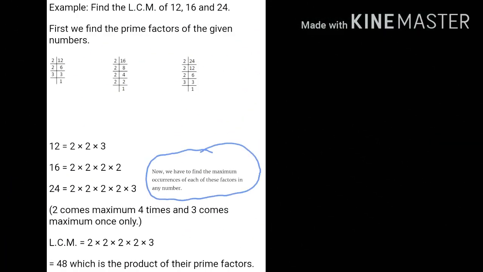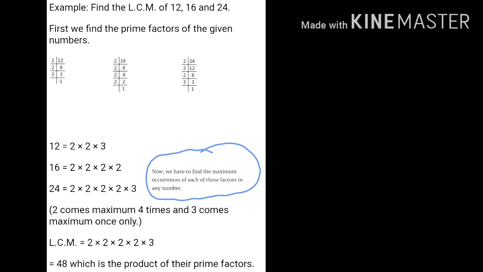Have you understood it? Now there are mainly two ways to calculate the LCM. One is using the prime factorization method. How do we do it? Understand here. Here the question is: find the LCM of 12, 16 and 24. So what will you do? First you will take out the prime factorization of 12, 16 and 24 respectively. So we know that 12 is equal to 2 into 2 into 3. 16 is equal to 2 into 2 into 2 into 2. 2 is multiplied 4 times. And 24 is equal to 2 into 2 into 2 into 2, that is 2 to the power 4 into